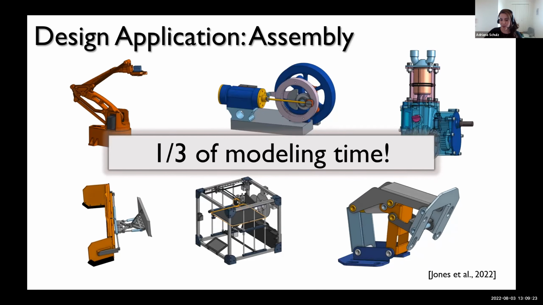And assembly in CAD is mating between parts. So we call this project automatic mating, or Automate. The idea here is, if the user selects two parts that they want to mate, then the recommendation system is going to say, here are some possible ways that you could connect these two parts. The user will then select the one that they want, and then we automatically assign the mates, making the process of mating more efficient.